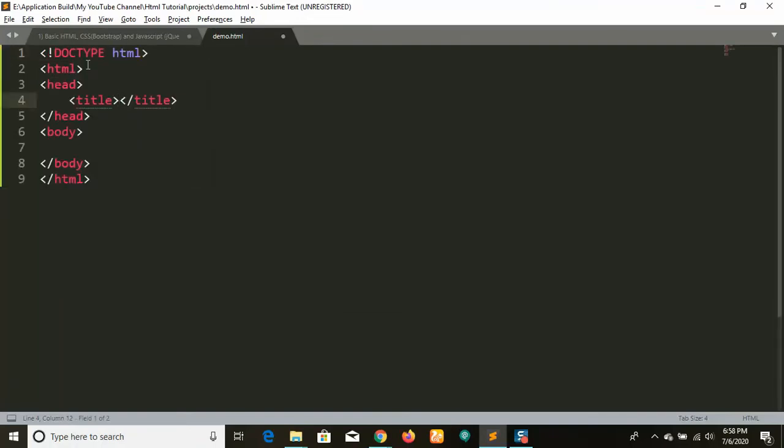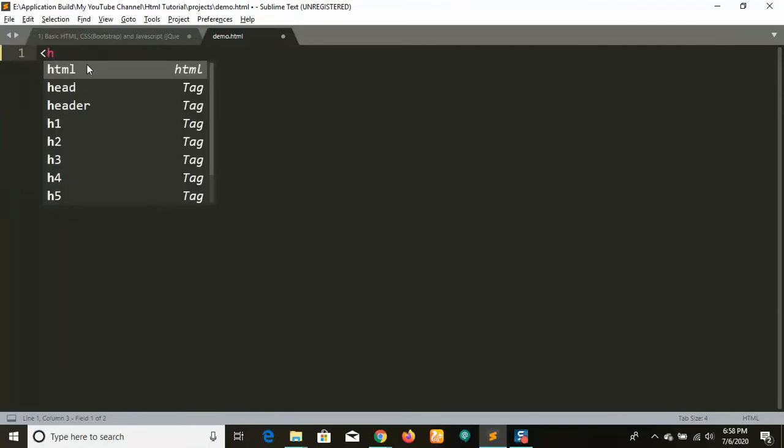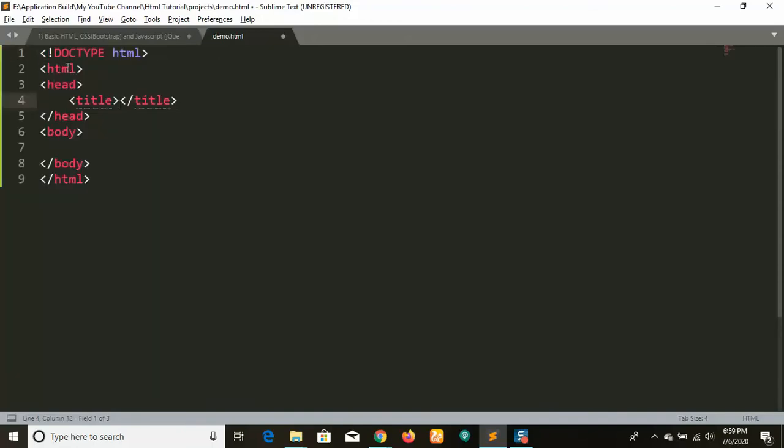These editors will give suggestions immediately. For example, if I type HTML, it suggests HTML and H. What comes with H? Header, H1 to H6, and the horizontal line. Let me go with the HTML. The doctype, body, and head are all filled in by itself. Let me give a sample title, which you can see in the page. Okay, so let me go on with the application. That's enough.